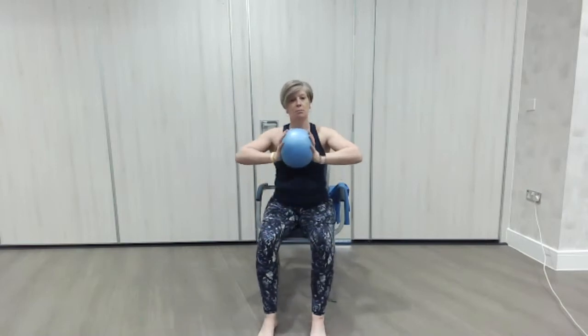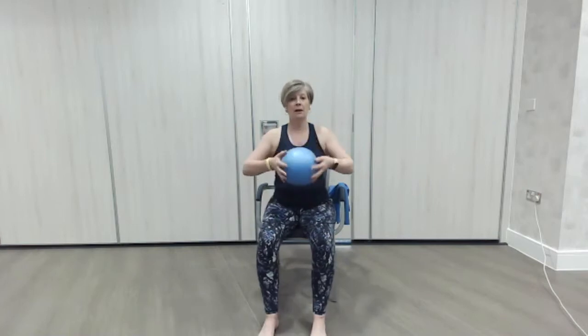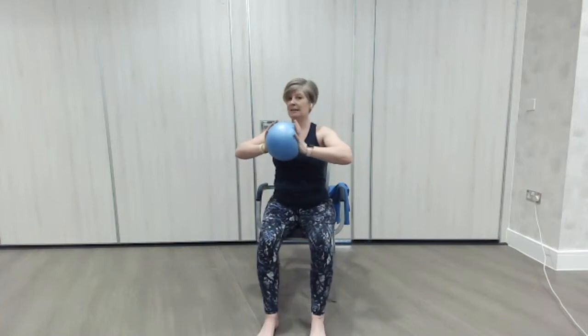Good. We're multitasking, doing our legs and our arms at the same time. Obviously, another way to do that, I could just show you. You could just push against the ball. Be another way of doing it, but we can do it without. We can just do it with the pressure of our hands. Lovely. Good. Okay. We are going to bring them up to our hands and we're going to do that seated